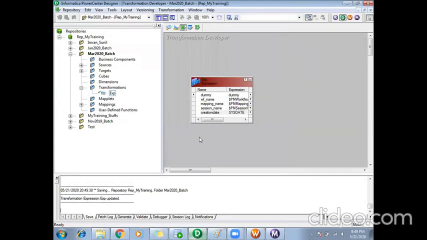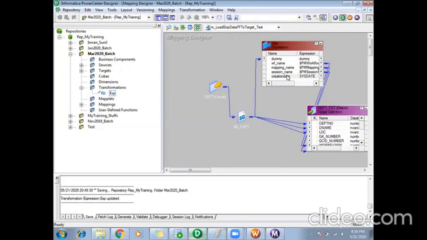So now I need not change anything else. If I had not used this reusable transformation, and in all my 50 mappings I had created the expression manually, and in future there is a change, I would have to go to each of those mappings' expressions and add this creation date logic in all those 50 places. I can avoid this now, since it's a common logic and I have made it a reusable expression. If I change it once in my transformation developer, whichever mappings use that reusable transformation, everywhere it will reflect.